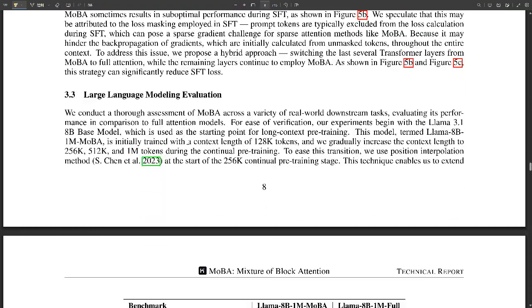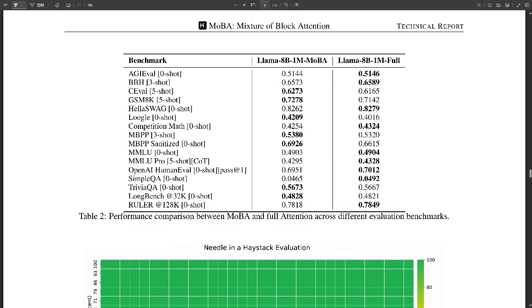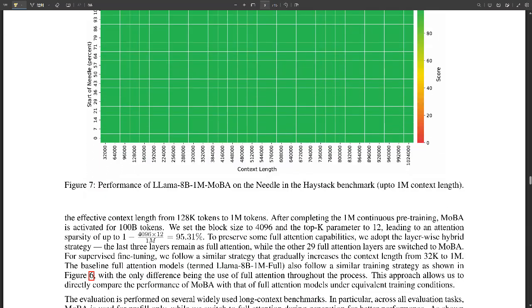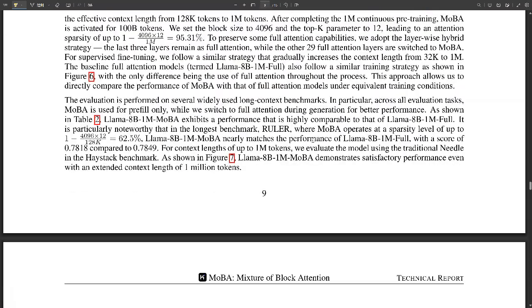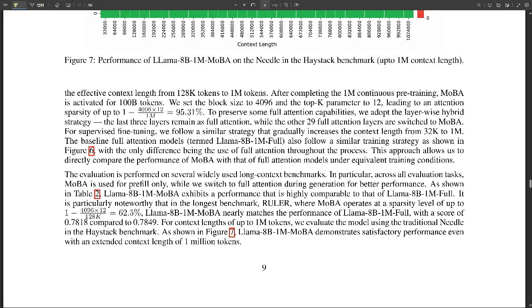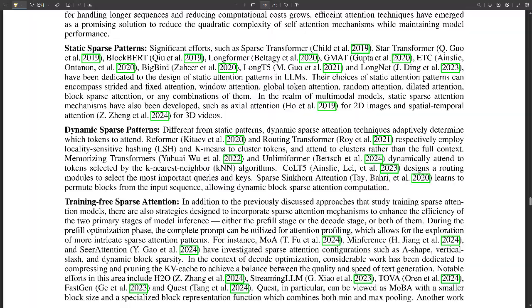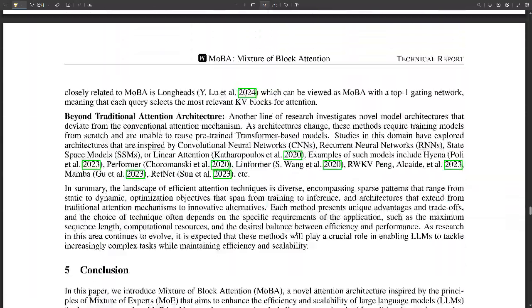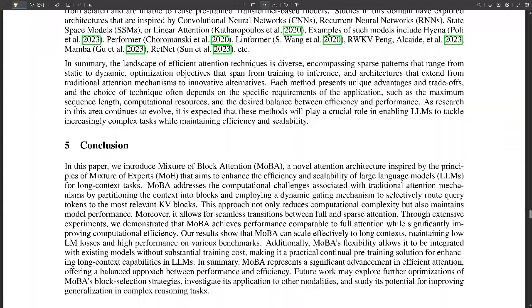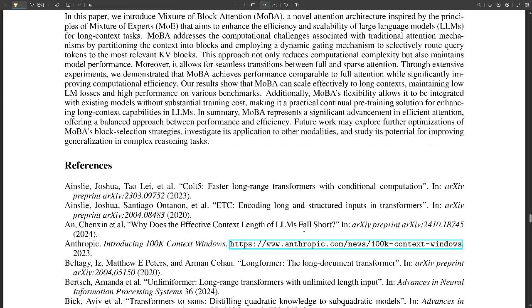So before MoBA, researchers explored a bunch of different paths. One prominent approach was static sparse attention patterns. These techniques basically predefine which parts of the input sequence each token should attend to. It seems like there's always a trade-off. What about approaches that don't rely on these predefined attention patterns? That brings us to dynamic sparse attention. These techniques are more adaptable. Let's hear it.